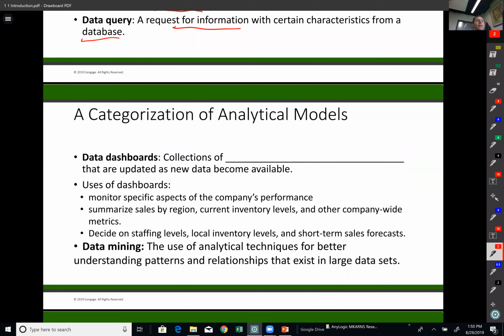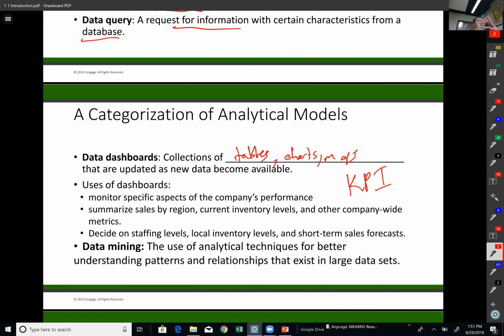So let's talk about dashboards, data dashboards. So these are collections of tables, charts, maps, and summary statistics. Basically, we try to see as a manager what's going on in our company. So these are more related to KPIs, key performance indicators. So let's say employee utilization, revenue generation. Maybe we can run these reports or look at these dashboards weekly. So automatically they give us the performance of our company.